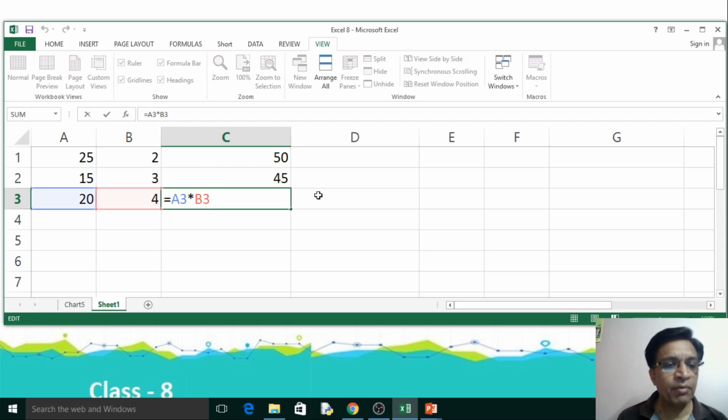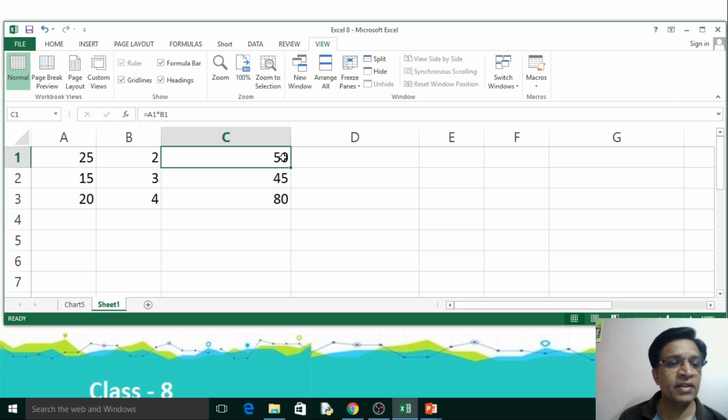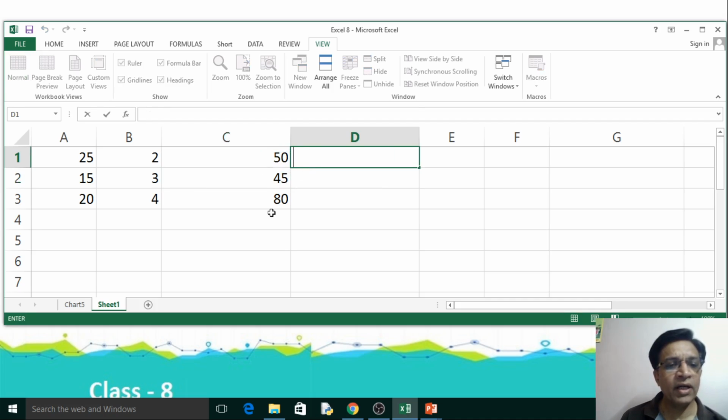So here I wrote the formula once, and when I copied it to the respective cells, the cell addresses changed automatically, right? That type of referencing is called relative cell reference.